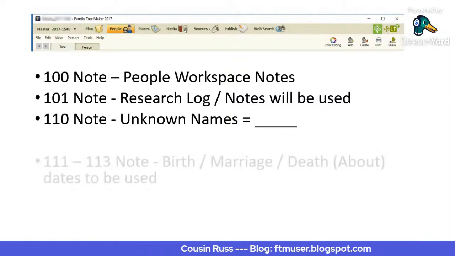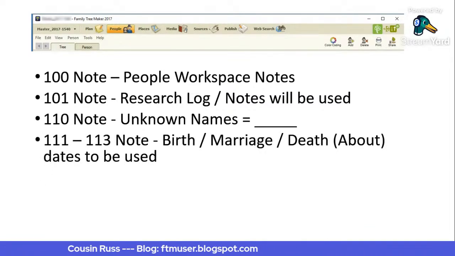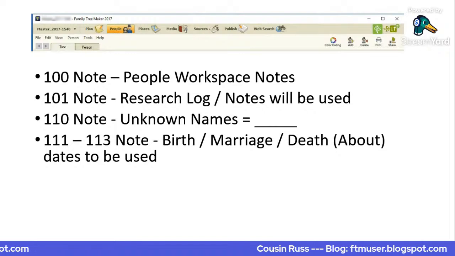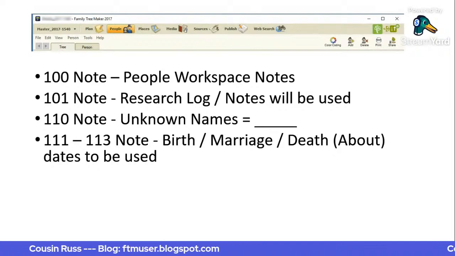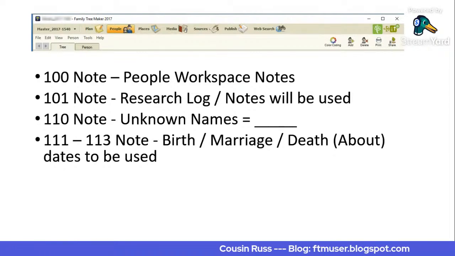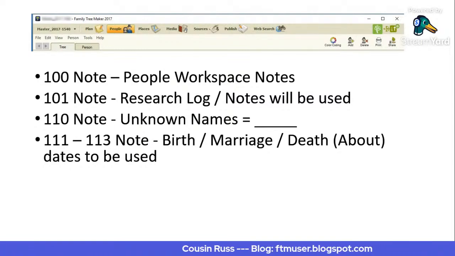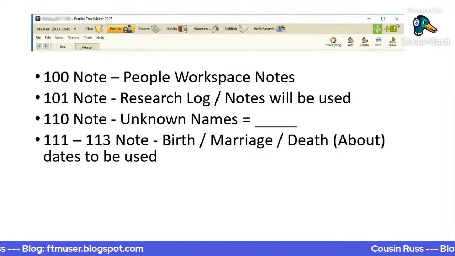The next thing is that for birth, marriage, and death dates, when the only thing I have is the year, I precede that date with "about," ABT, as it will show up in Family Tree Maker. It doesn't hurt anything, but it's a reminder for me that I don't have the full birth date. Now, if a census record gives me the month and the year, I don't touch that. But if a census record just has a birth year, I have about,